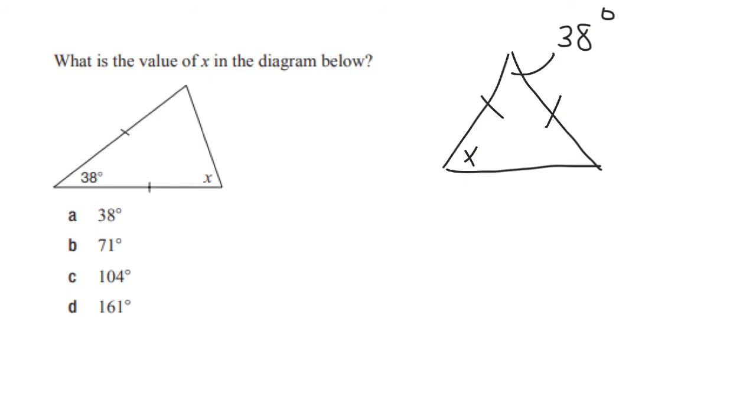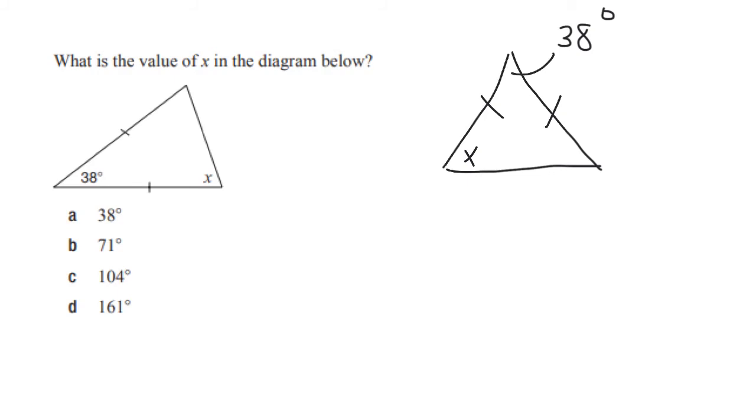the two sides. Now, if you don't recall, when you see these markings on the sides of any kind of shape, it doesn't necessarily have to be a triangle, but if we see these markings on the side of our triangle, that tells us that both of these sides are equal in length. So this is in fact an isosceles triangle. It is a triangle that has two sides equal in length. So we need to use this information plus the information that we know about angles and angle theorems in order